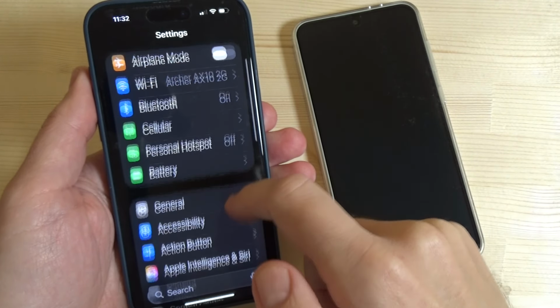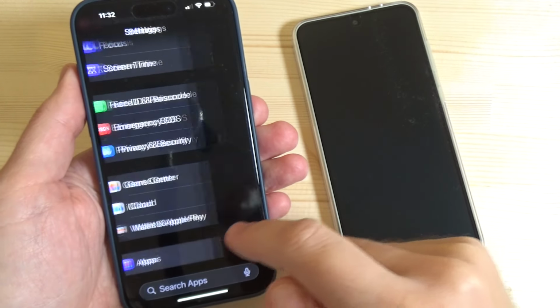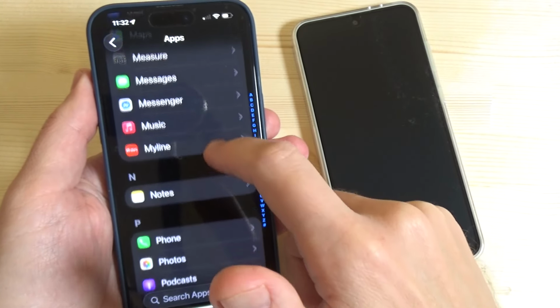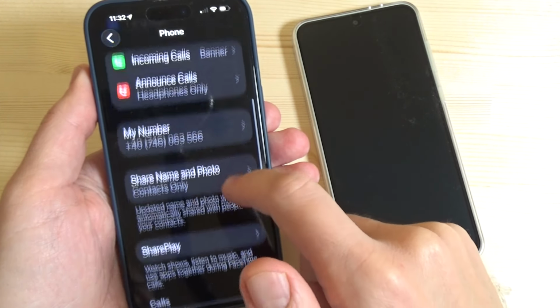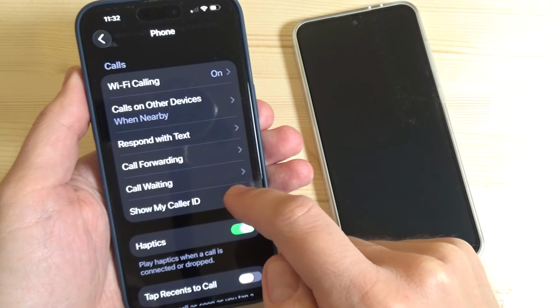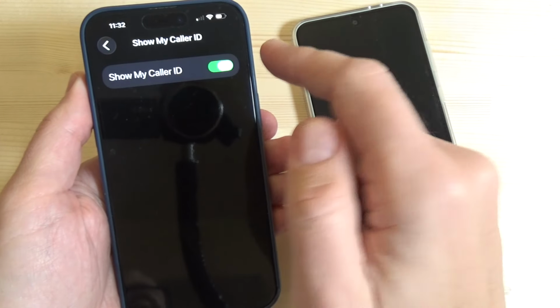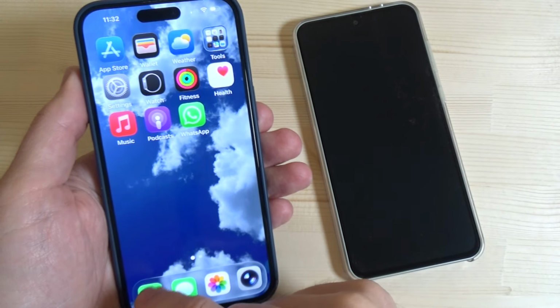phone to Settings and here just swipe and go to Apps. Again, here look for the Phone app. And now go down again, swipe, and we have here Show My Caller ID. Okay, now this is turned on, but if you turn off this caller ID and now exit, and I